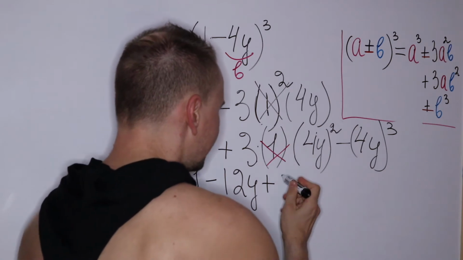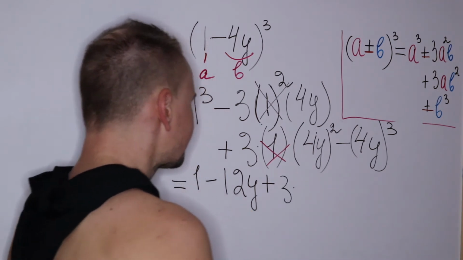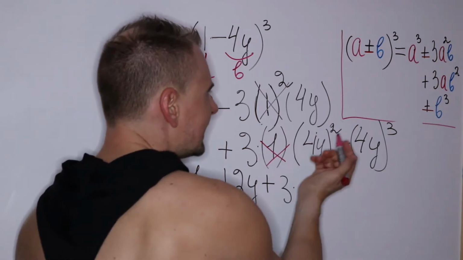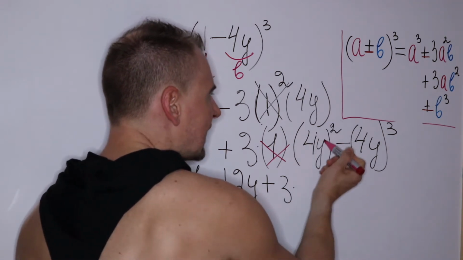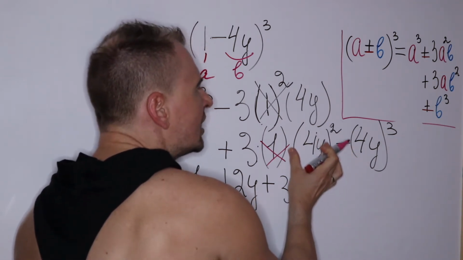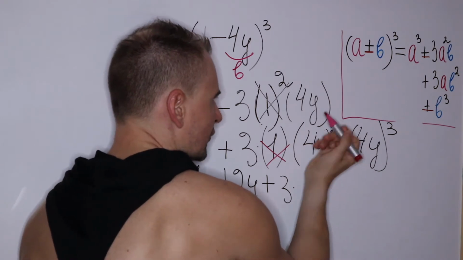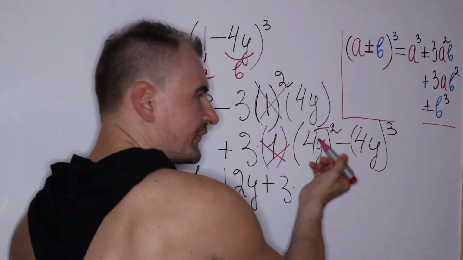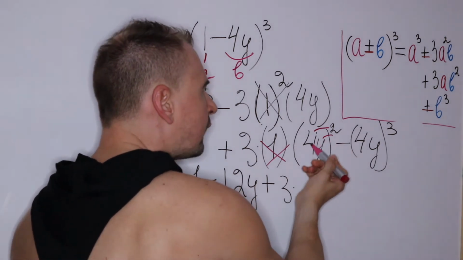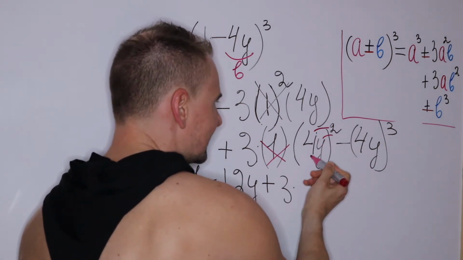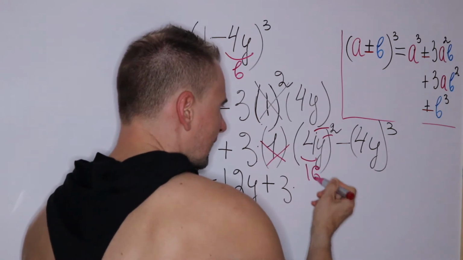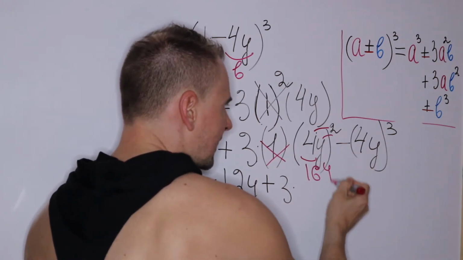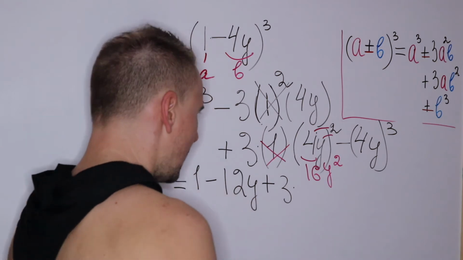So that would leave you with 3 times, and again at this point this entire 4y has to be raised to the second power. All that means is you need to raise to the second power 4, the coefficient in front, and y. So 4 squared would leave you with 16, and y squared becomes just y squared. So you are left with